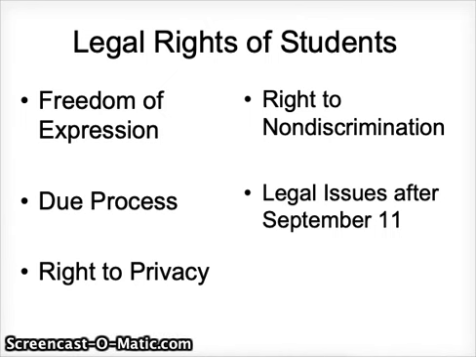You want to write down the 14th Amendment next to due process, because we discussed the 14th Amendment, which has to do with not denying someone life, liberty, or property. Due process rights come into play when there are issues related to, let's say, discipline that schools impose on students or suspension and expulsion. When it comes to discipline, this issue is related to corporal punishment in schools. There are a number of states, more than half, that actually still allow corporal punishment, which is the use of physical force to subdue a student or discipline a student.